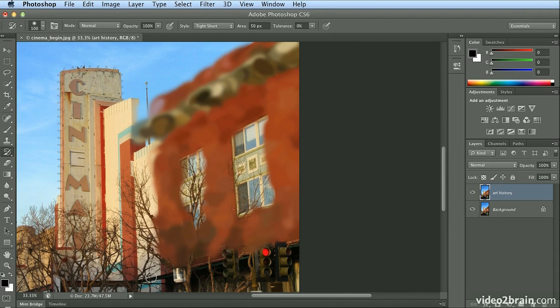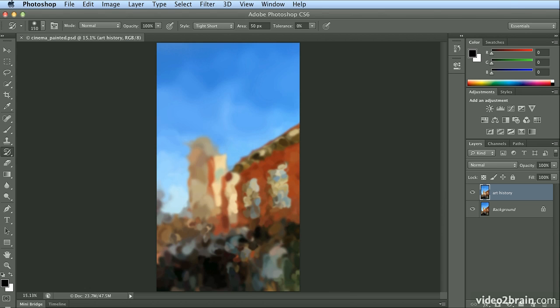So I'm going to zoom out and I'll pause the video for a moment while I finish painting the rest of this. For the windows, just a note, you might want to use your left bracket or right bracket on your keyboard to make the brush bigger or smaller to really fill in final elements for this. So I will pause, and when the video resumes, this will be painted and we can move on with our next effect. All right, through the magic of videotape, or actually computer-based pause and resume, I have painted this whole